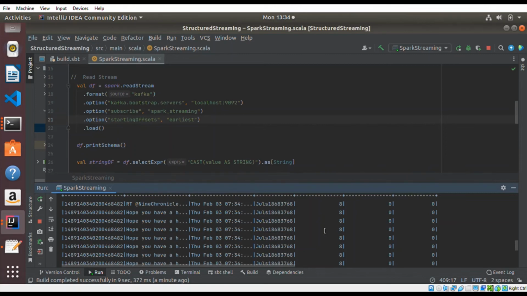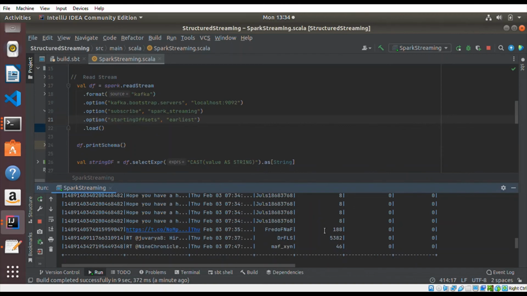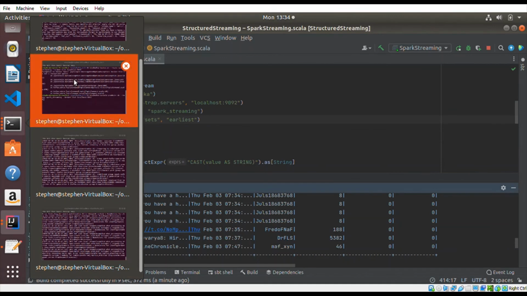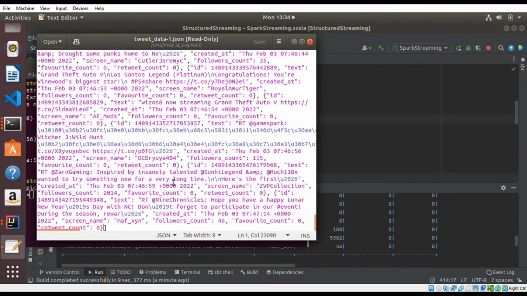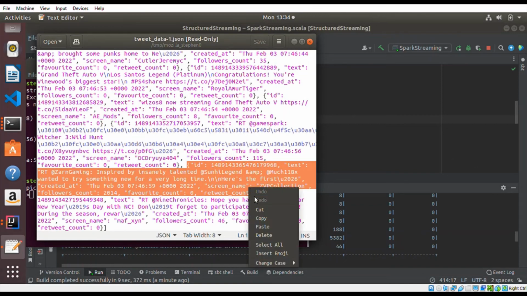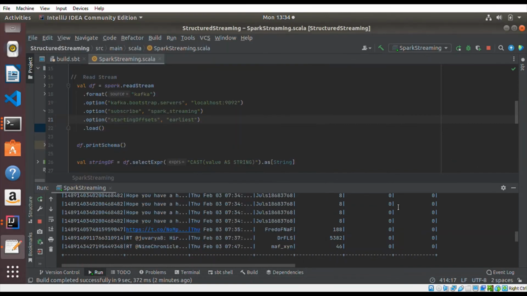in the topic. So if I send new data to the topic through the producer, I put the new data as a new batch. So this is one of the data I have in HDFS. If I just copy this one, see this slow, I'm running a lot of stuff on my system. So if I just copy that data and paste it into